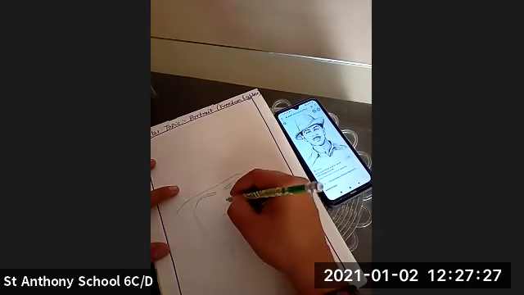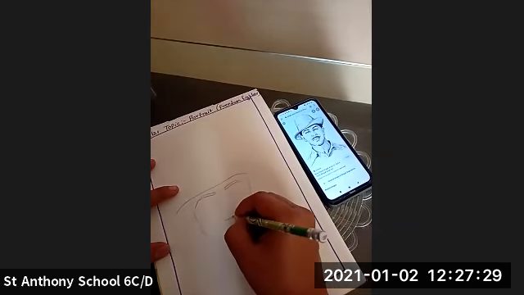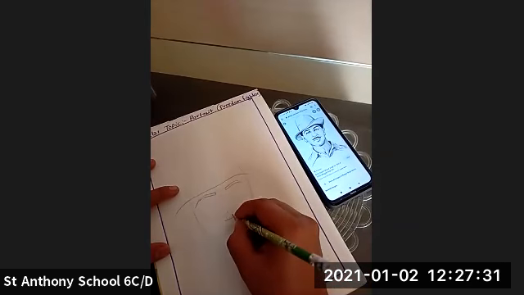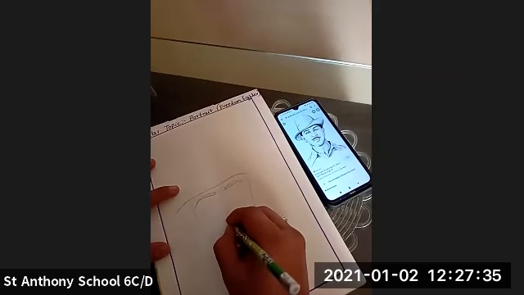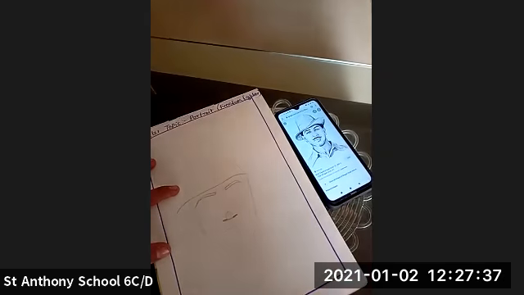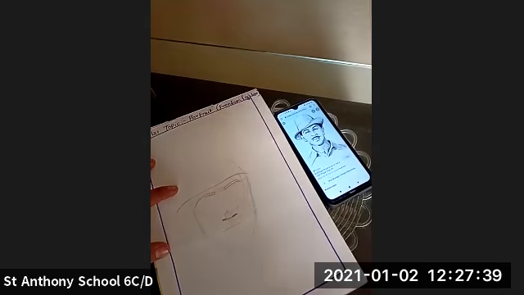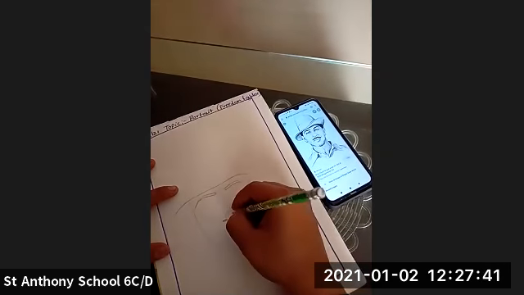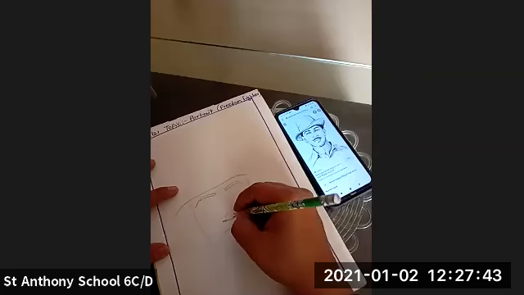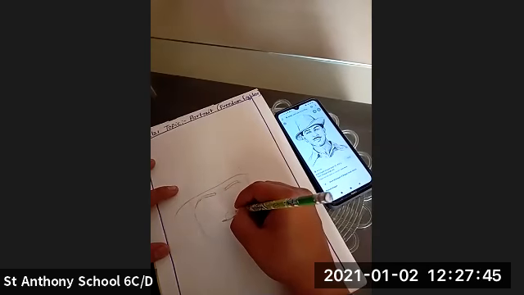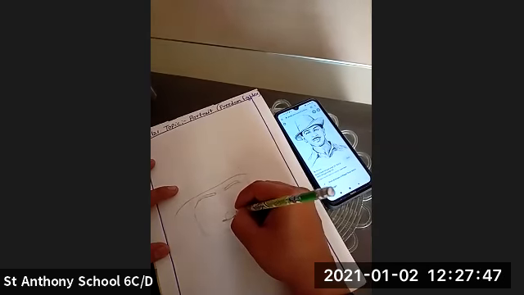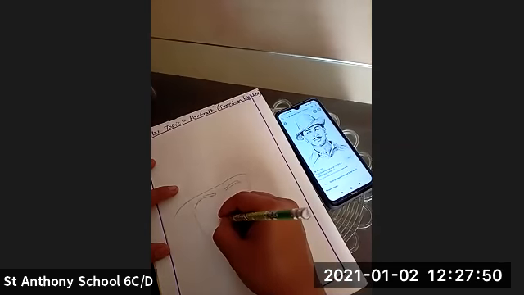Then we are going to go to the nose part. We are going to make a circle over here, and here we are going to make the nose in this way. Okay, and here goes the nose. We are going to draw the nose in this way.